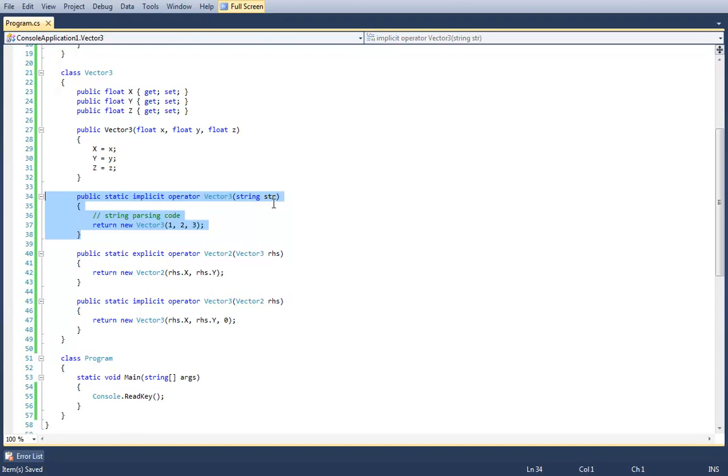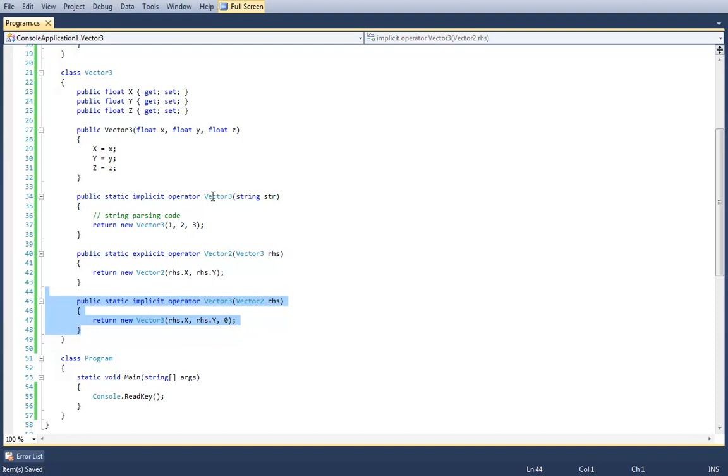Conversions are not parsing. A conversion is when there is one logical way to do one logical thing. There's one logical way to go from a vector 3 to a vector 2. And there's really one logical way to go from vector 2 to vector 3.